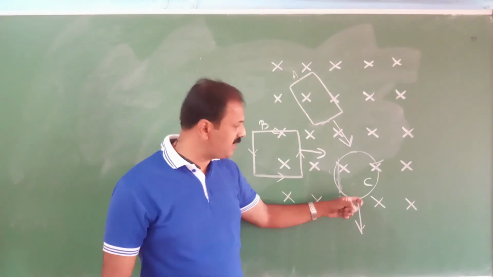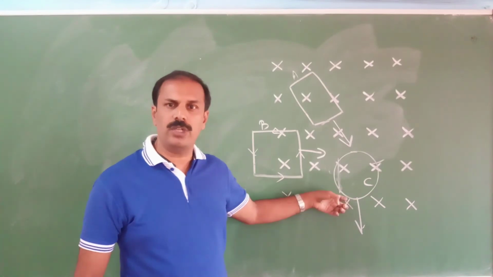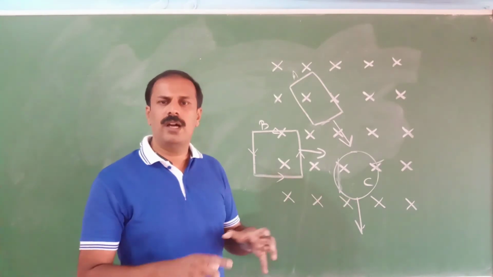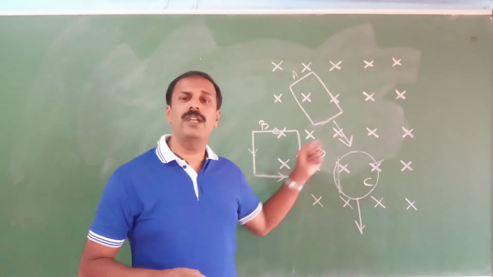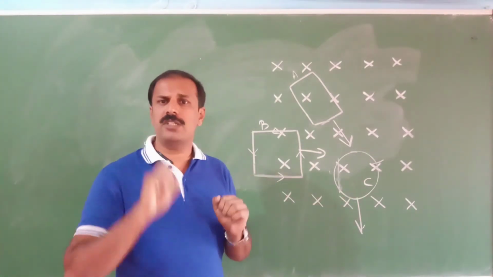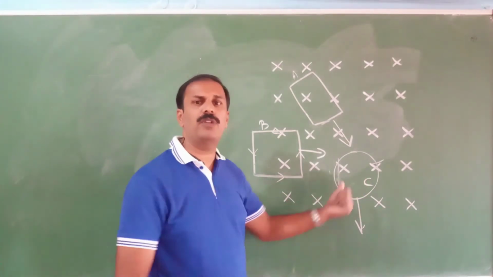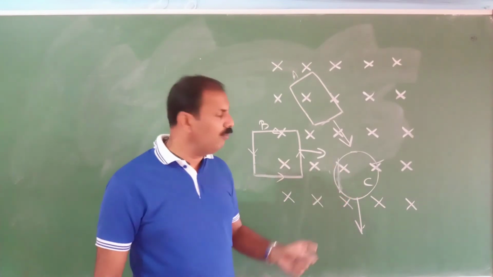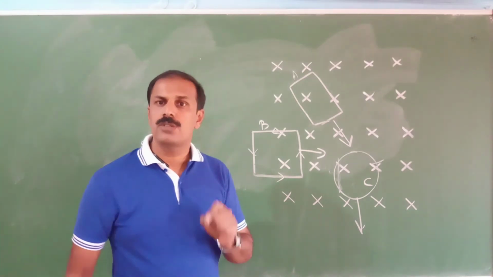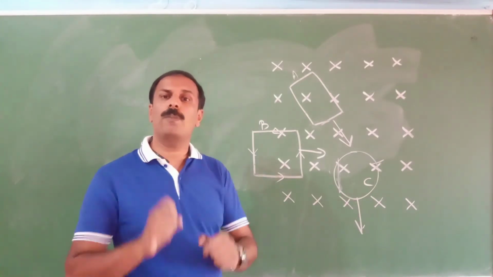Now in the second case, that is this C. The shape doesn't matter. Shape, how much is the value, their shape is important because rate of change is coming, so shape is important. But in this case, when you are finding out the direction, the shape doesn't matter. Then see here also same situation. What is the first thing to check? What is the present direction of magnetic field? Present direction of magnetic field is into the plane of the paper, like this. Now when you take it outside, what will happen? The magnetic flux reduces. So what Lenz's law says, we have to oppose it. When the magnetic flux reduces, if you are opposing, what do you have to do?